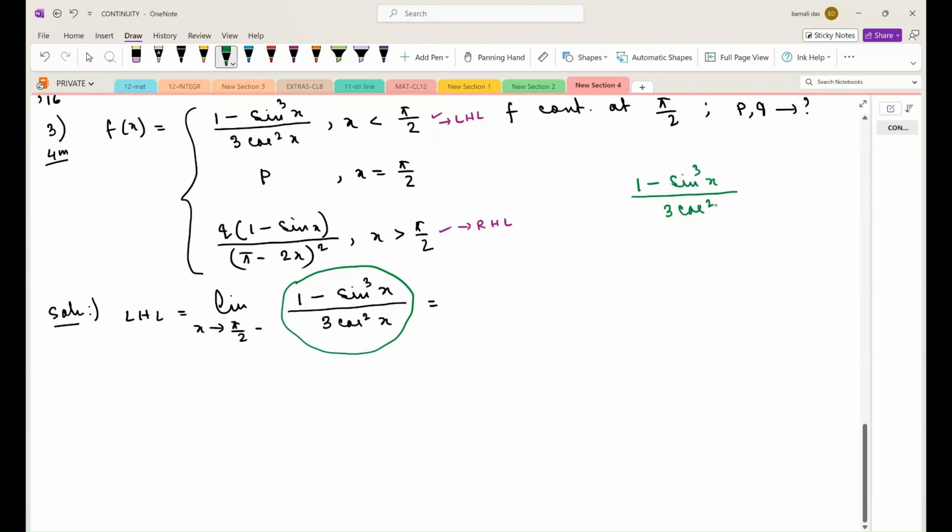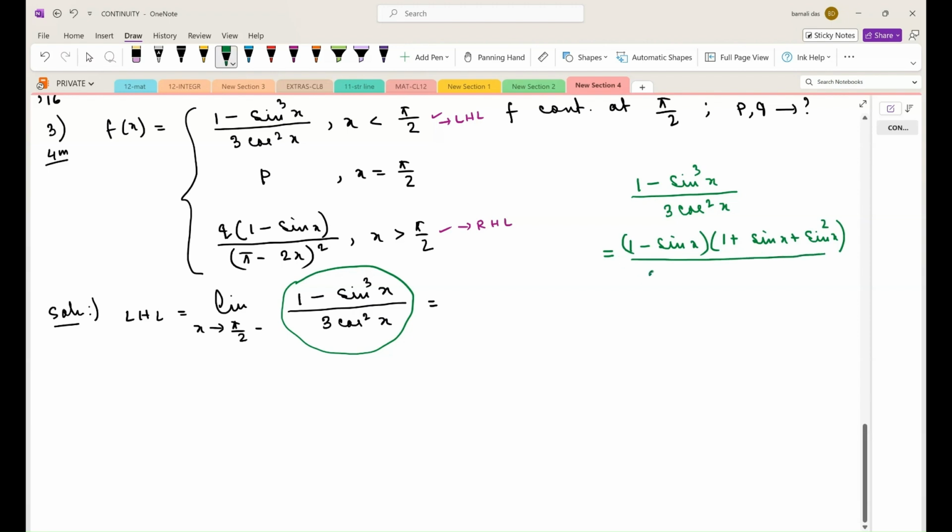It is just trigonometric manipulation and nothing else. Because here you see, if you put x equal to pi by 2 directly, then you get indeterminate form 0 by 0. So there must be some vanishing factor inside it, which we have to bring out and cancel. So let's see which is the vanishing factor. If you apply a cube minus b cube, then it is (a minus b) into (a square plus ab plus b square) by,